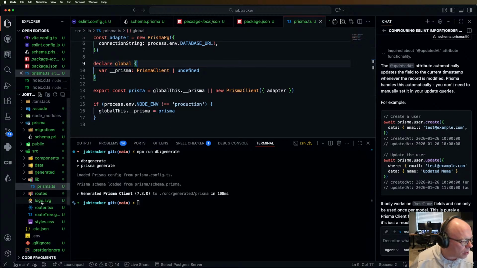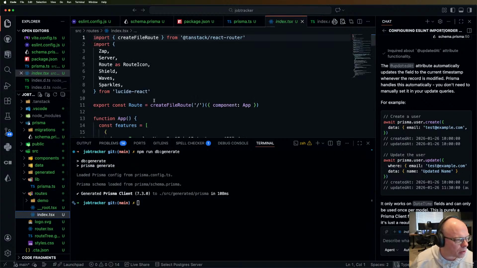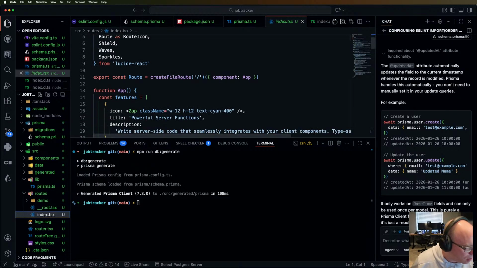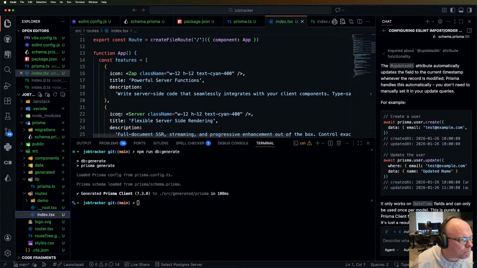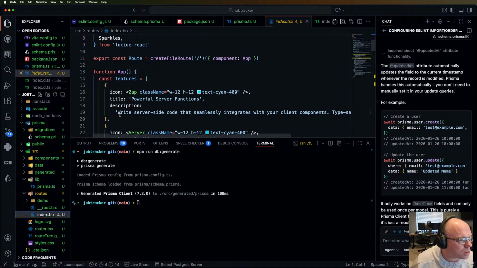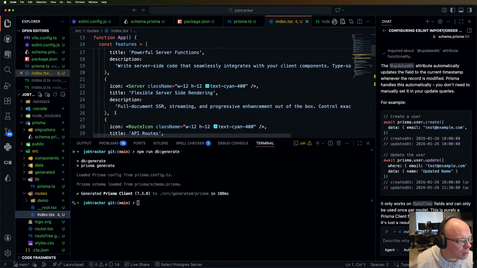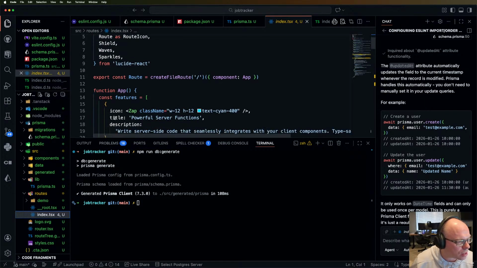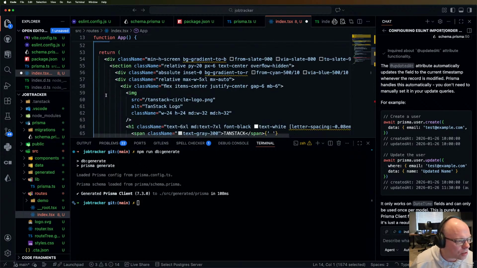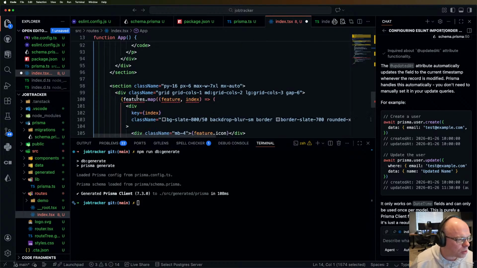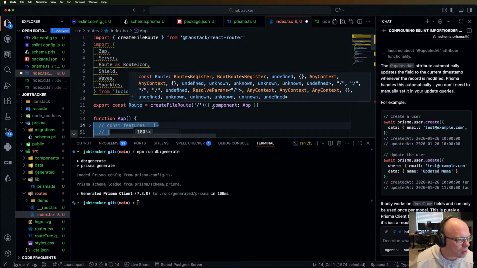Let's come over here to the main route and try to do a database query. I know I don't have anything in the app yet, but let's give a quick peek of what this looks like. So here we got features. Let's take out features and instead map through the jobs. All right, so to do that,